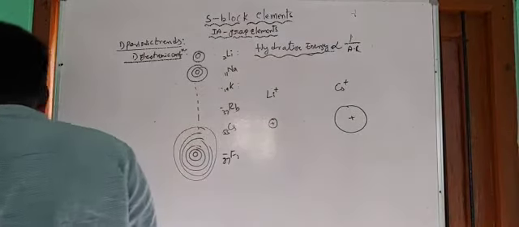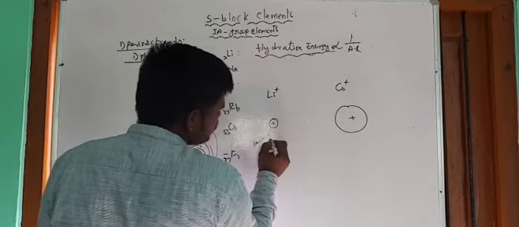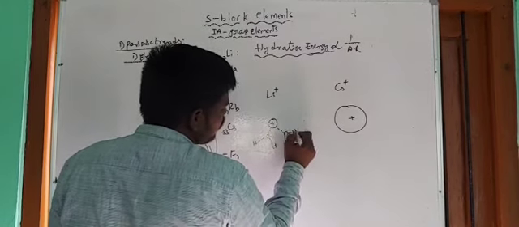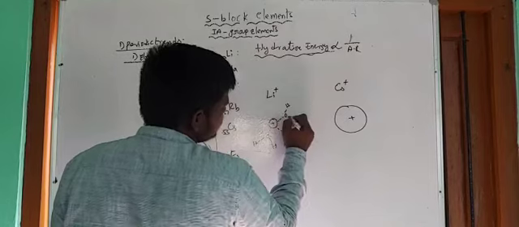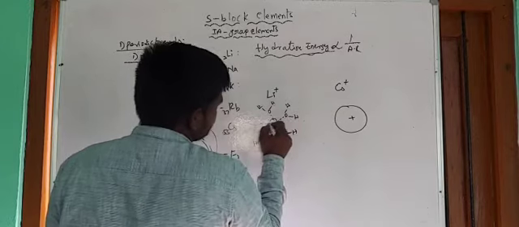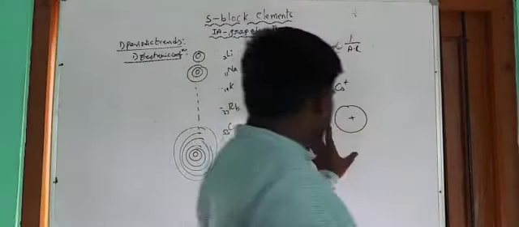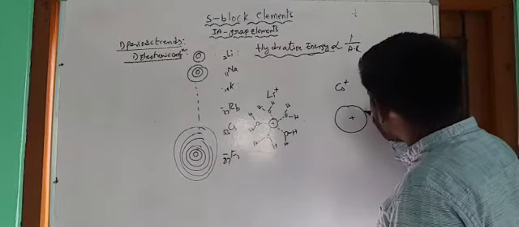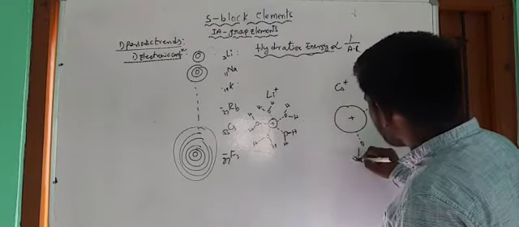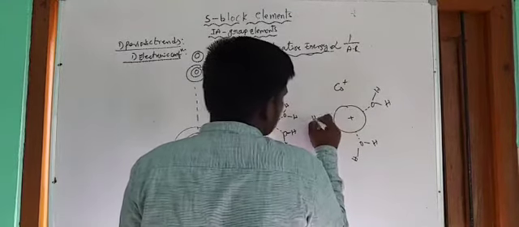Now when these two ions are placed in water, they are immediately coordinated by the water molecules, the negative end of the water molecules. Here, more water molecules: this ion is coordinated by more water molecules like this. In this case, when it is placed in water, this one is coordinated by fewer water molecules.